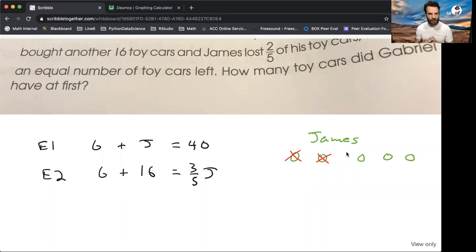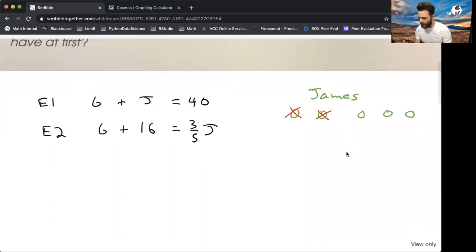In order to solve this using substitution, the first step is to choose which letter you want to isolate by itself and which equation you want to use for the isolation. Looking at this, the easiest equation to use is probably equation 1. You're free to isolate G by itself or J, it doesn't matter, but one might be more beneficial in the end. So let me just show you here, if we started off,